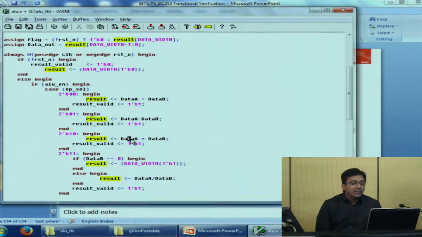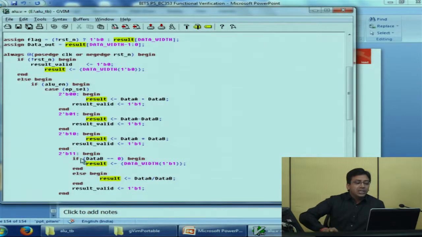If data A and data B are multiplied together, it is possible that the output could be more than 8 bits. But since the result is a 9-bit value, even if the overflow has happened, we'll simply say that it will be truncated automatically. So it is a feature of the language in which if the 2 of them get multiplied and it results in more than the output bit definition, the output gets truncated automatically.